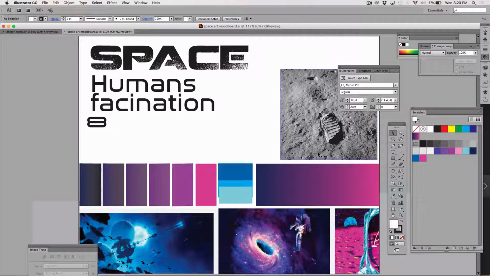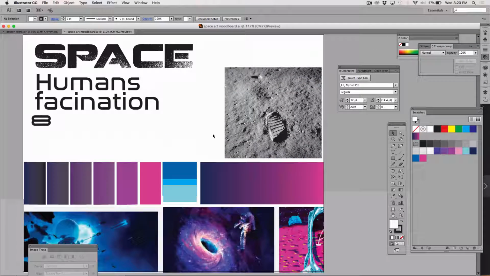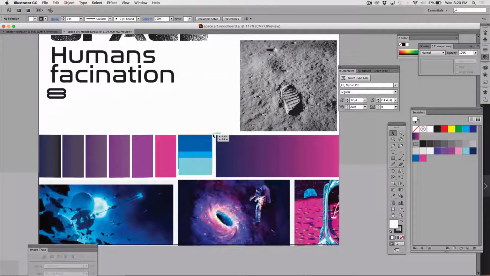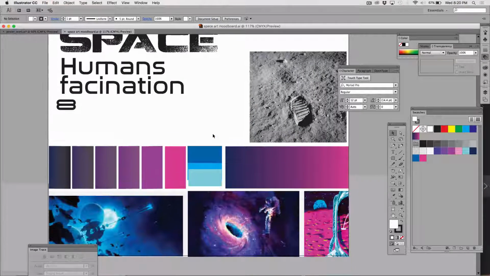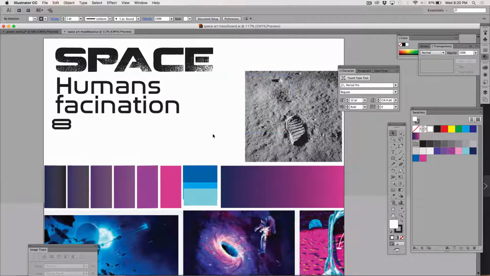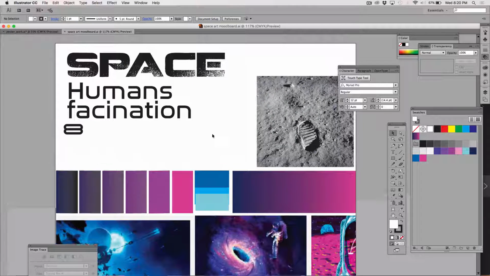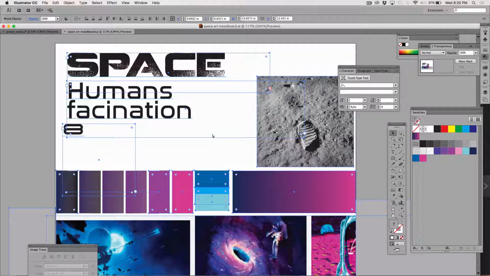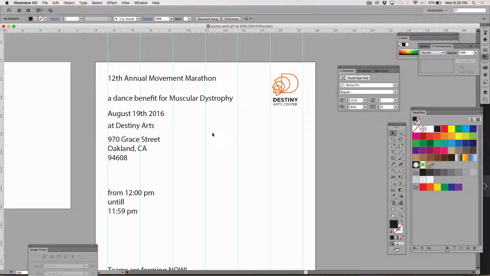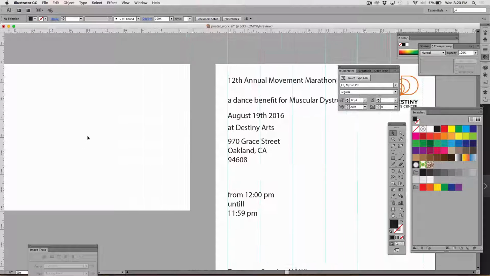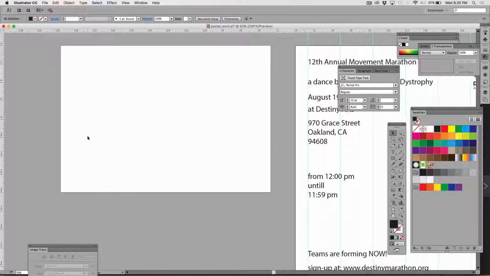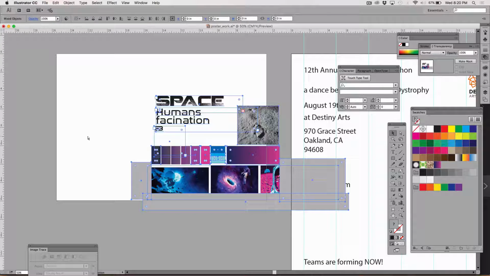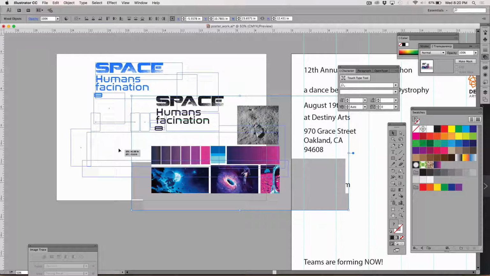All right. So these are the typefaces, and these are the colors that I'm using. These are my mood board things. I love you, mood board. So I'm going to select all, Command A, and copy, Command C. Now I'm going to close it. And I'm going to come over here to my pasteboard, paste it, Command V,